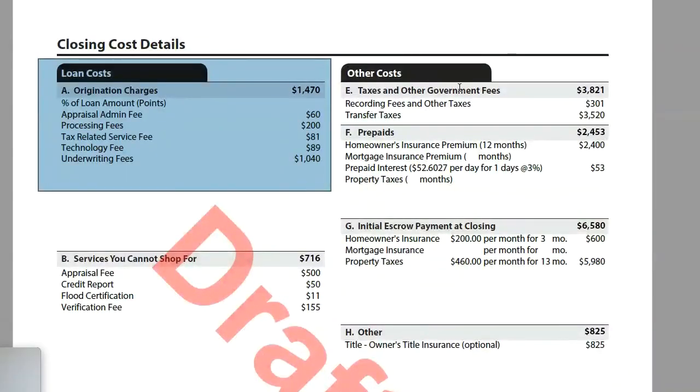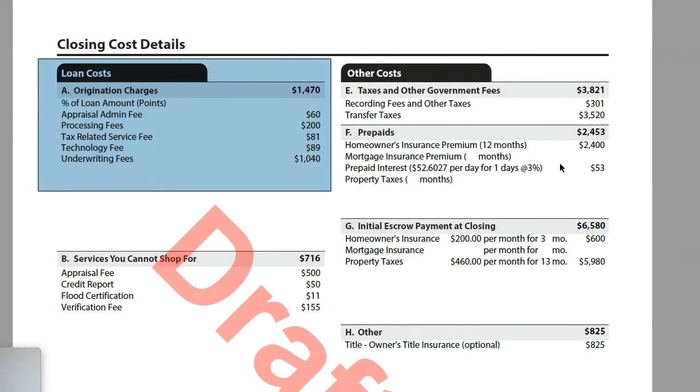Then you're going to end up with the state taxes. Those are generally going to be what they are. They're standard rates. If you plug it into the computer and it spits out a number to you, those are generally pretty accurate. The homeowner's insurance, normally starting out, you don't have an actual homeowner's insurance quote, so that's an estimate. So, while we put $2,400 in here for the homeowner's insurance for this condo, a lot of times condos are cheaper than that. If you ended up getting one for $1,800 or something like that, then this number changes and that's what you pay.